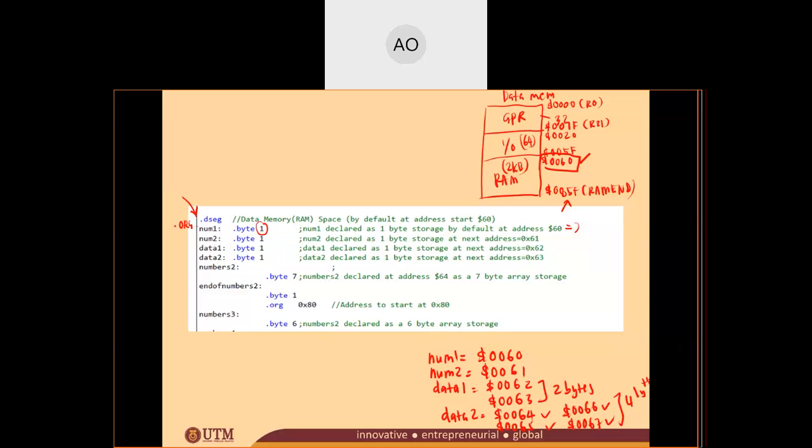See here, declared at address 63. And then you see here, numbers2. How many bytes are you going to reserve? 7 bytes. So numbers2 will be reserved at locations starting from 0064, 65,